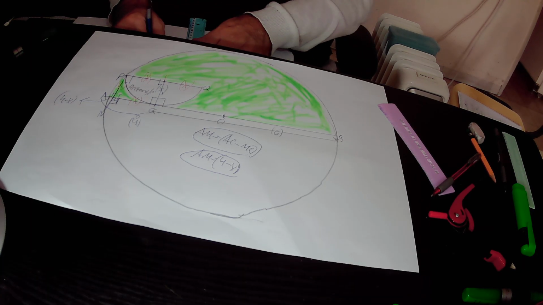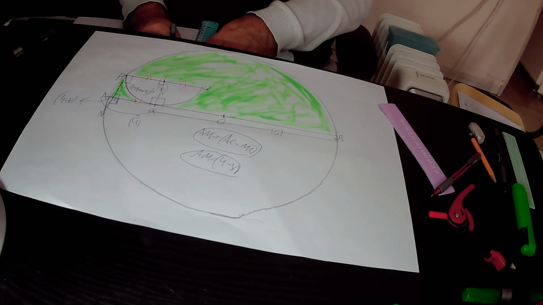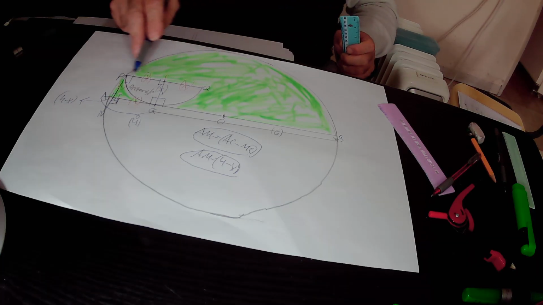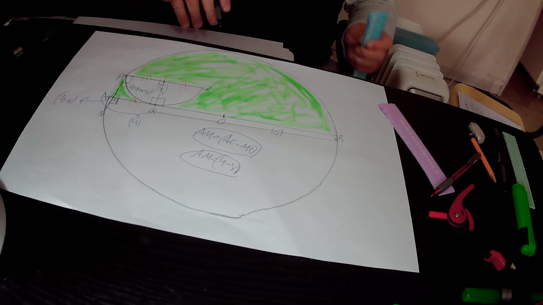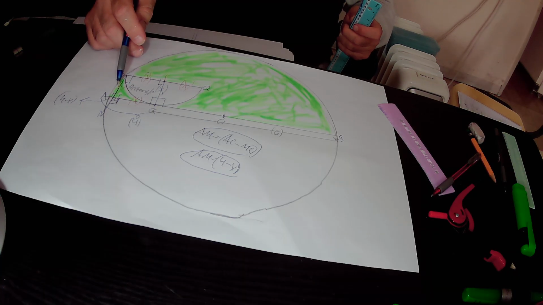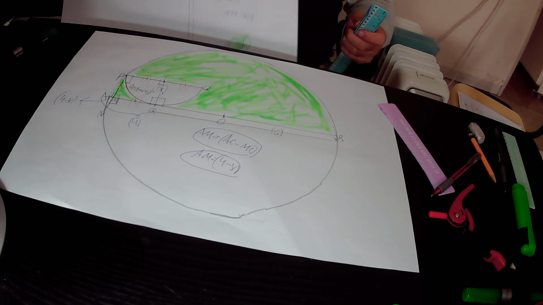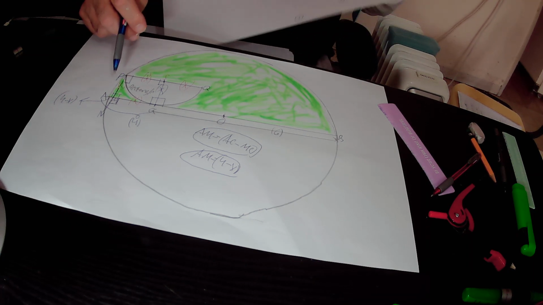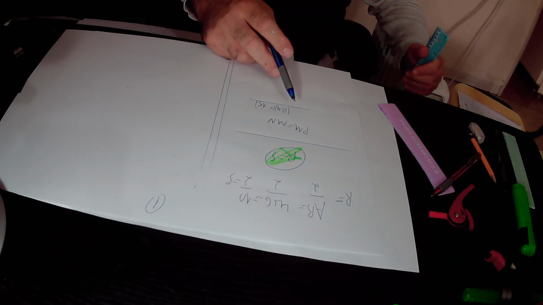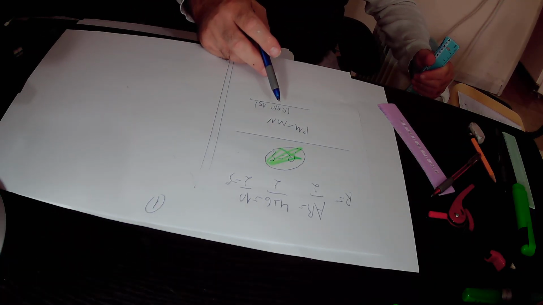Repeat again, we should find out that perpendicular OM bisects chord PN. So the first half PM must be equal to the second half MN. And perpendicular OM bisects chord PN. The first half of PN is PM, and it is of course equal to the second half, that is MN. So PM equals MN,